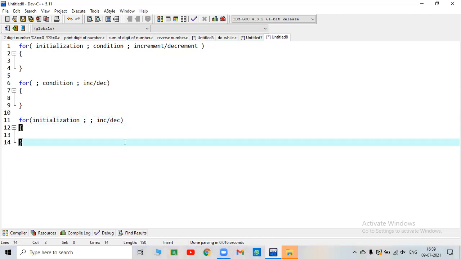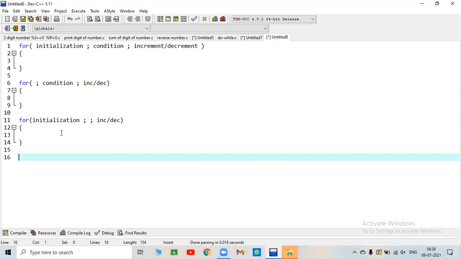So in a for loop we always have to give this syntax, no matter if there is initialization or not, condition or not, and increment or decrement or not. Okay, we have to write like this. So this was the syntax of the for loop.